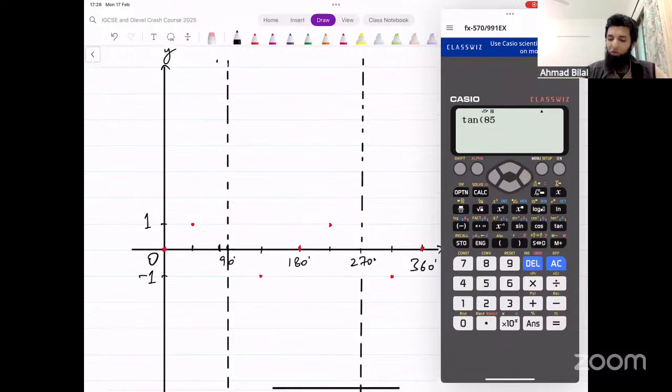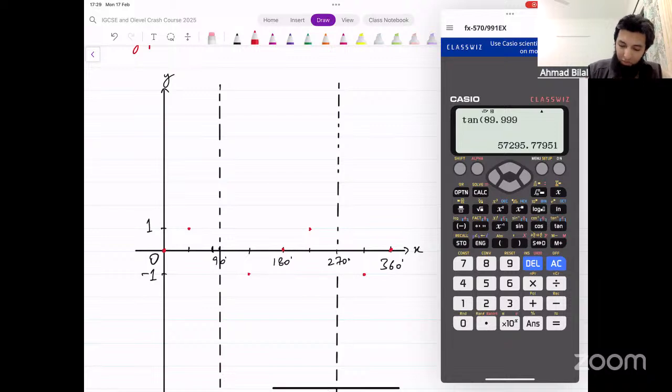Okay, let's go closer and closer to 90. Let's say 89. What's that value? 57. Okay. And then tan of 89.9, 573. Tan of 89.999. The values are getting larger and larger. They're getting bigger and bigger. So at a value of 90, the tan is undefined. However, slightly before that, it's a very large y value. So what that means is,